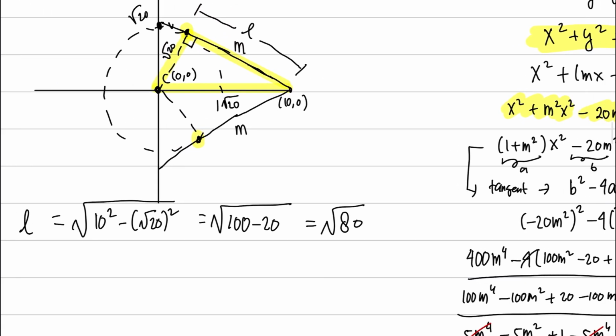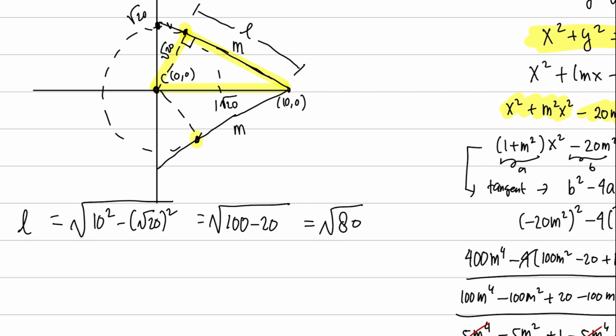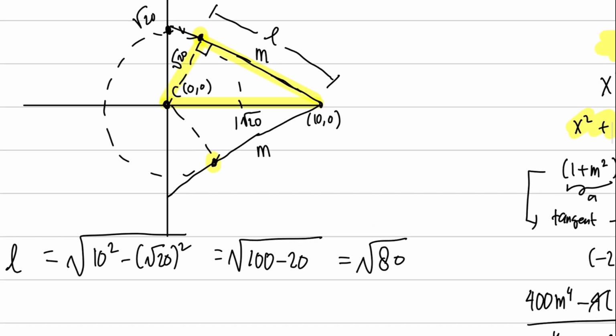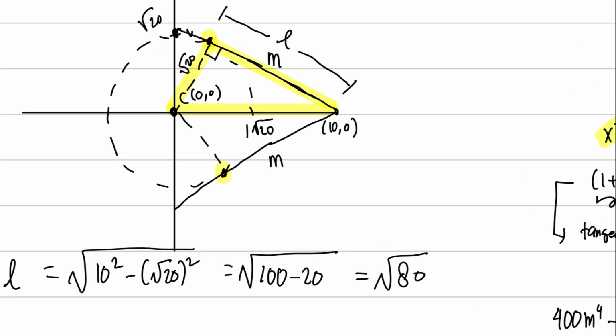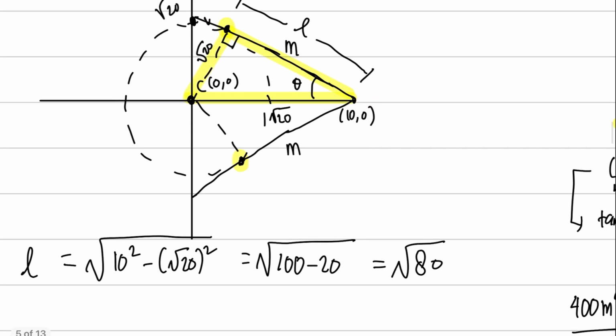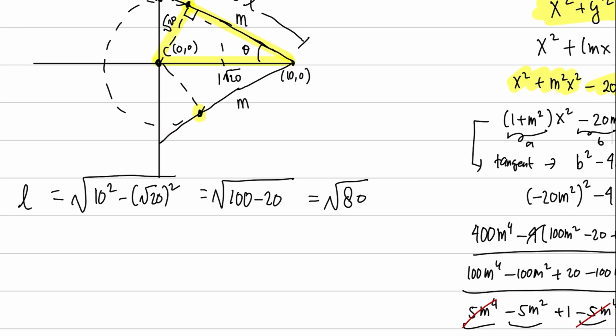Now, how to find the gradient? To find the gradient, we can apply the angle. So this is the angle, let's call it theta. So theta is the angle between the tangent line and the x-axis. Because we know that the gradient is also equal to tangent theta, so m equals tangent theta, so